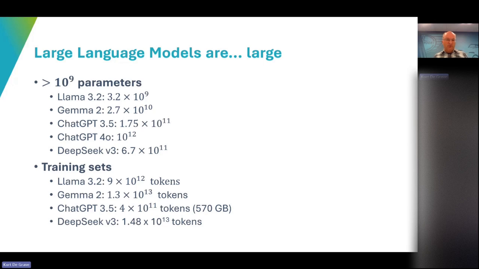DeepSeek V3 and R1, well published in the media, have 671 billion parameters. For ChatGPT, for recent versions, it's not known how large they are. They are estimated to be around 1 trillion or maybe 2 trillion, but only insiders know.